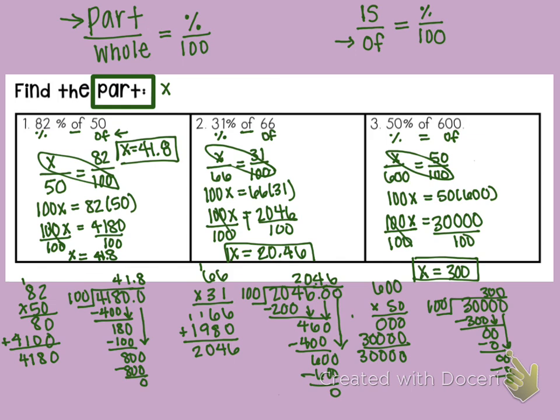Okay, so you should have gotten that x is 300. Once we got to this 0 right here on our division, you still had to keep going because we had another 0 under here. So if you did not get 300, go ahead and press pause and check for your mistakes. And then that's the end of this video, and we're going to go to the next